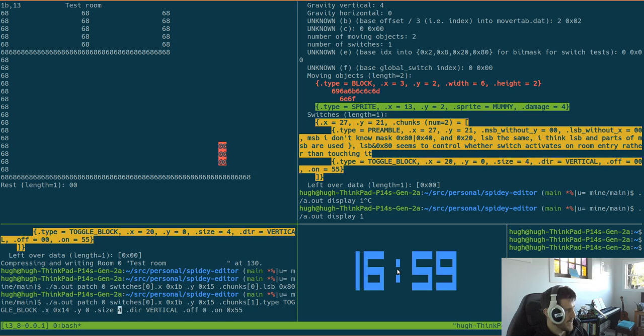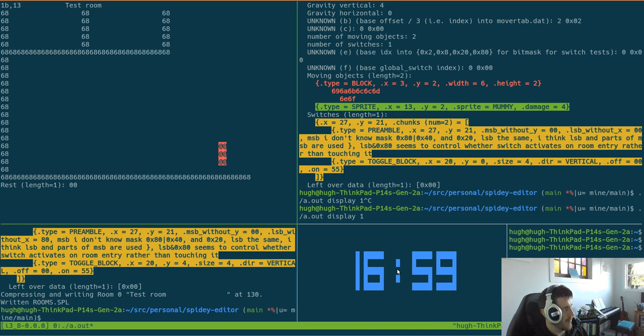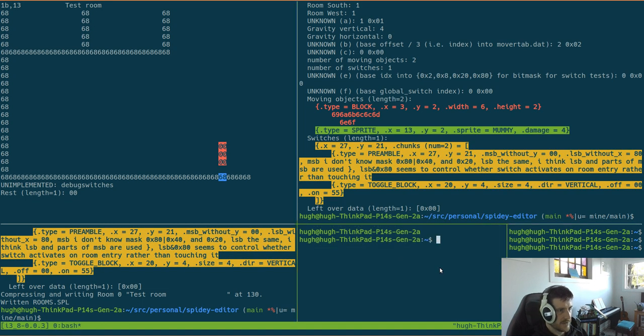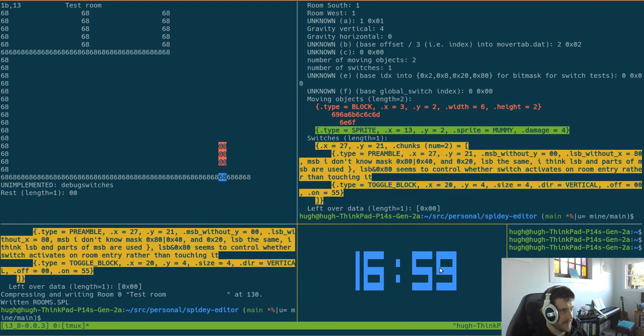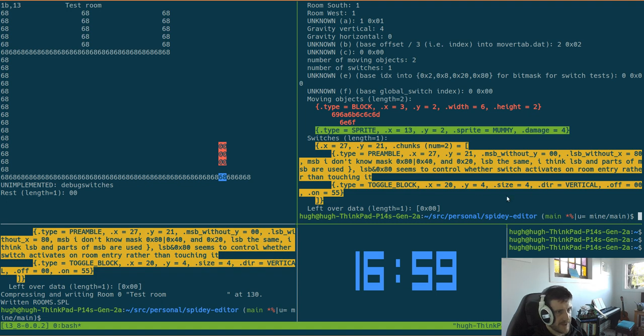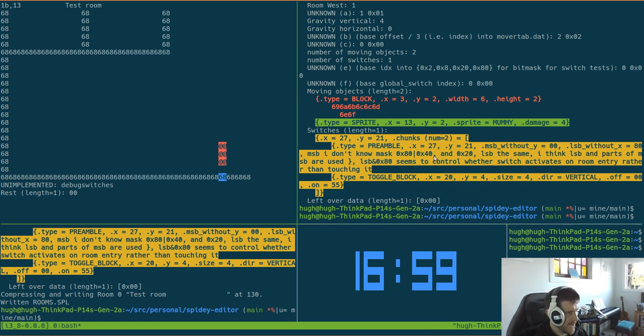And so if we change y to be 4, so if we turn on the switches, that doesn't do that, but if we display it, with the y equals 4, I wonder now